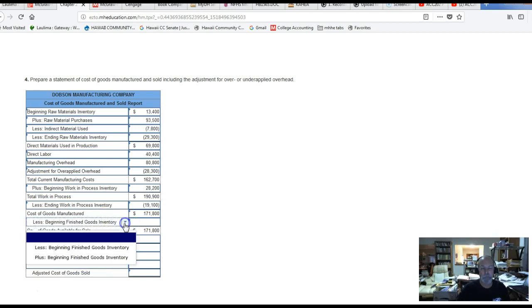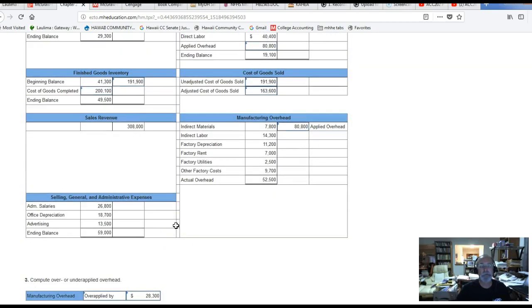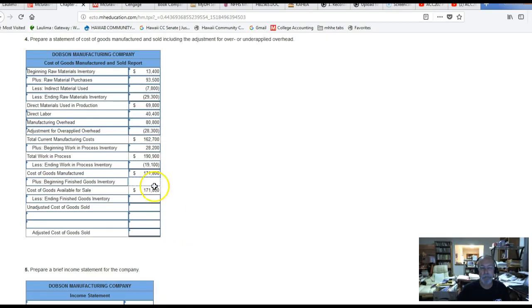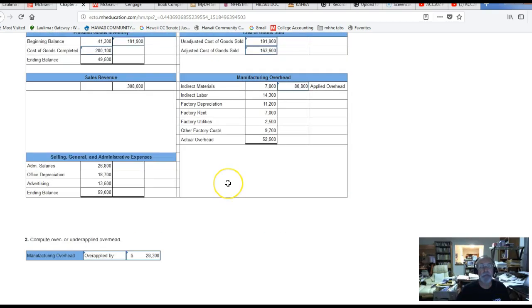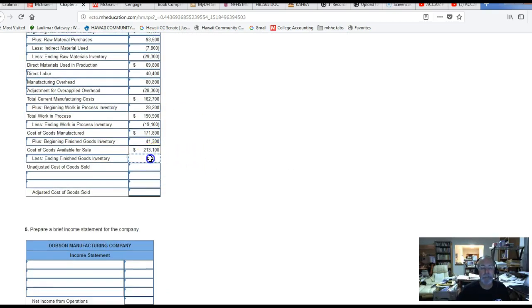Oh, beginning is a plus. There we go. Plus beginning, less ending. And our finished goods inventory amounts are in the ledger, 41.3. And our ending balance is 49.5. That's a negative. And so our unadjusted cost of goods sold